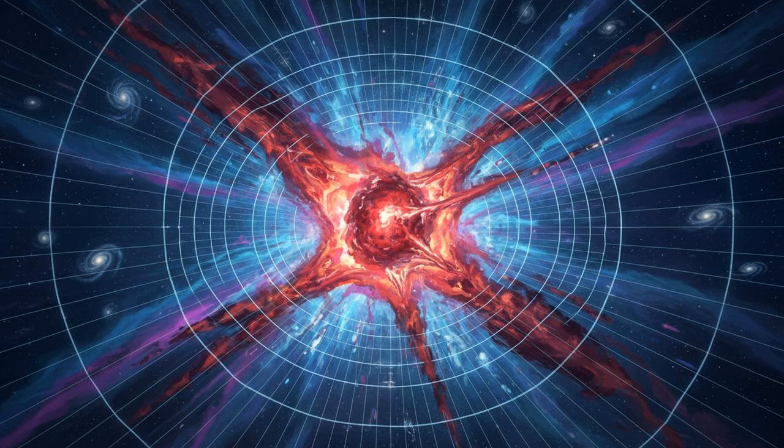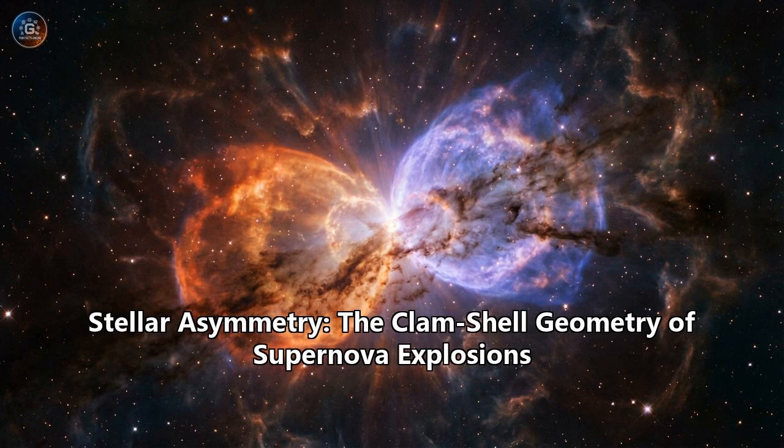Second, this sloshing emits gravitational waves. A perfect sphere does not ripple spacetime. A lopsided, sloshing explosion does. Next-generation detectors are being designed to listen for this specific hum, which would let us hear the heartbeat of a dying star. And finally, the kick of the neutron star spreads these exotic objects across the galaxy, seeding different regions with pulsars and magnetars. The clamshell geometry teaches us that perfection is not the default state of nature.